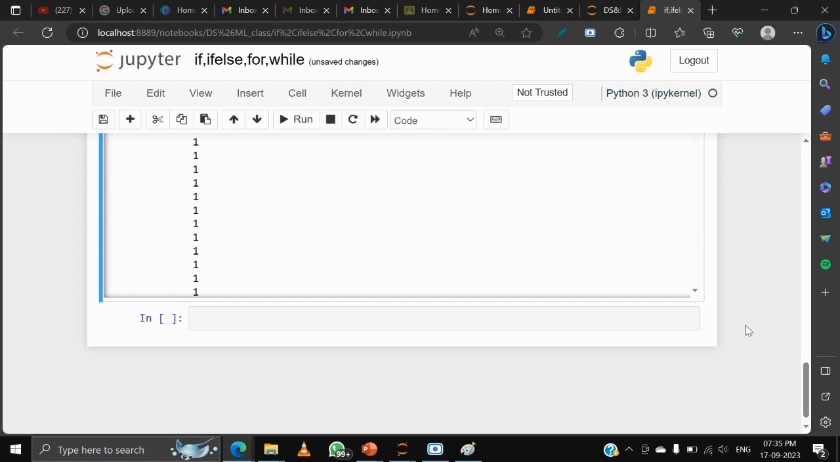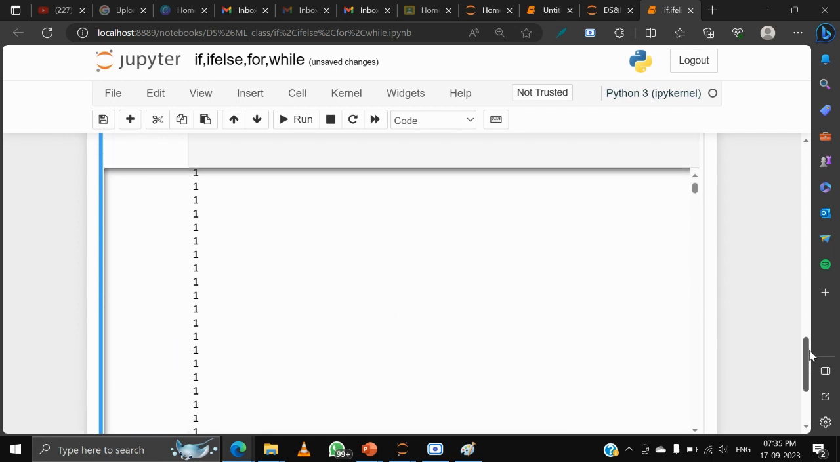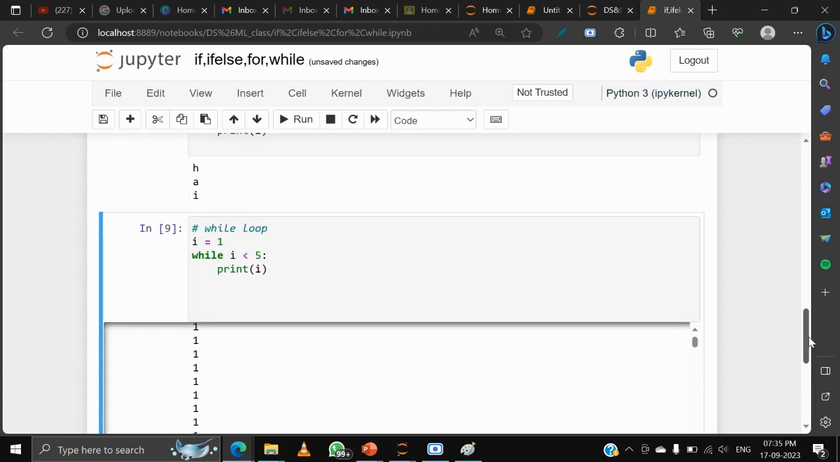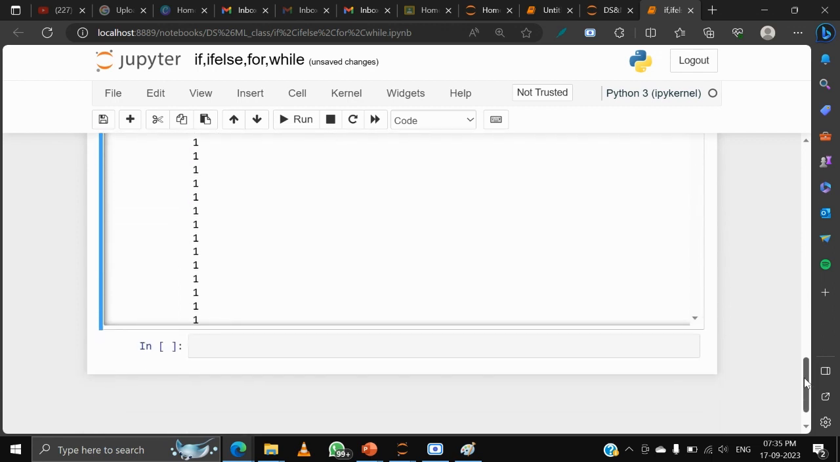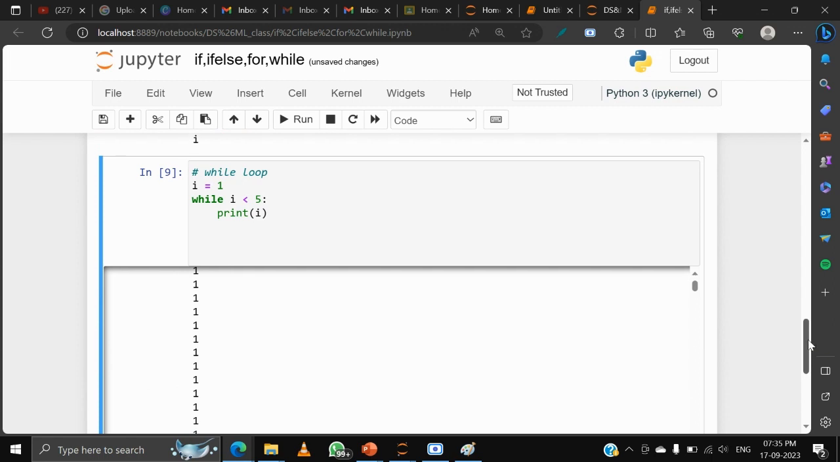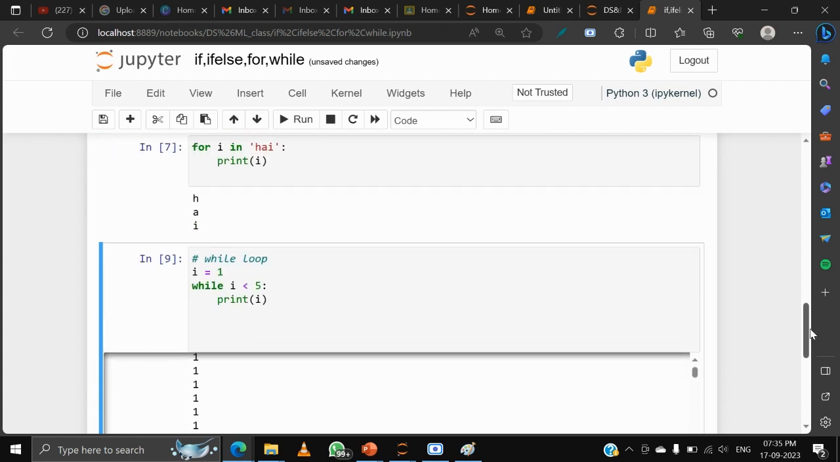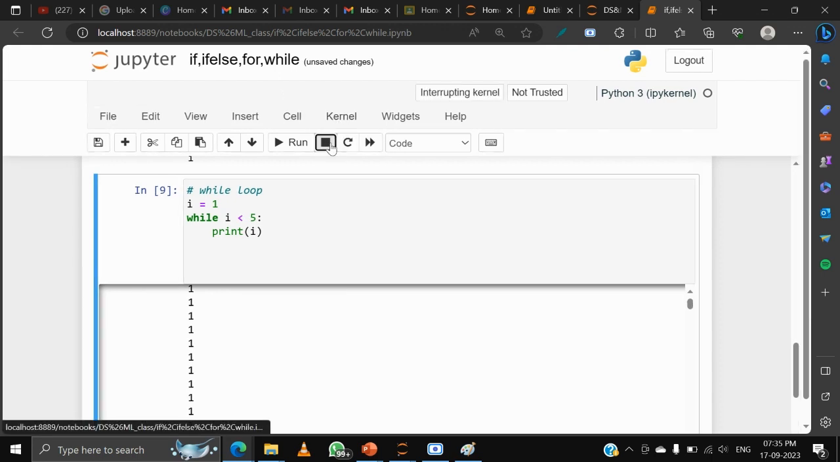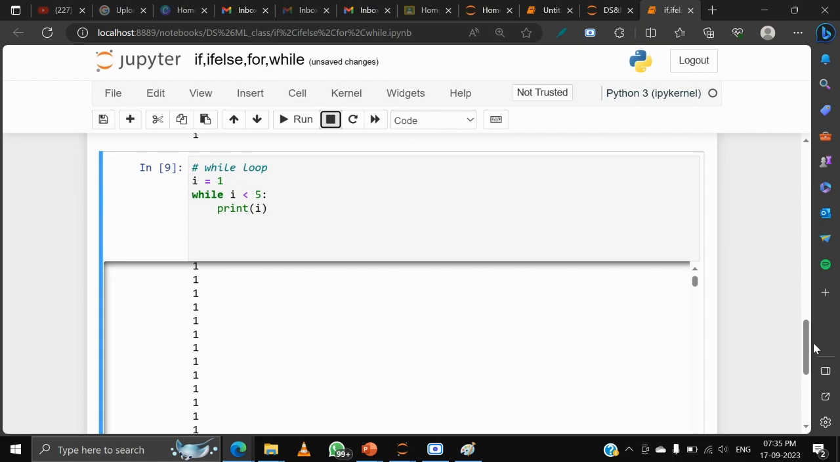Otherwise, we cannot proceed with the program, because this code will be executing infinite time. So we may not be able to execute a new line of code. That is why if you come across such a situation, you have to stop it. So that's all about